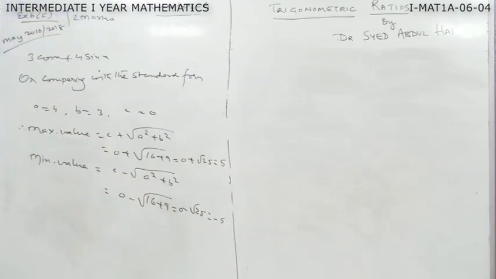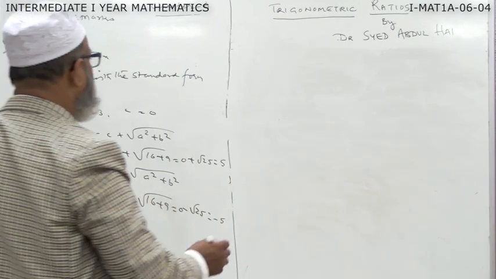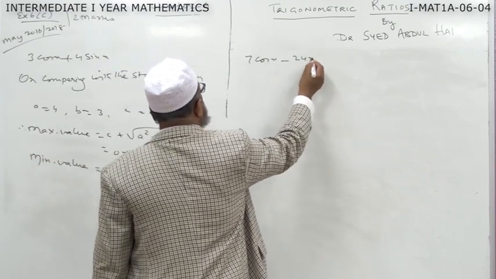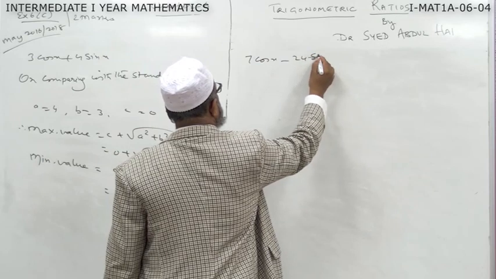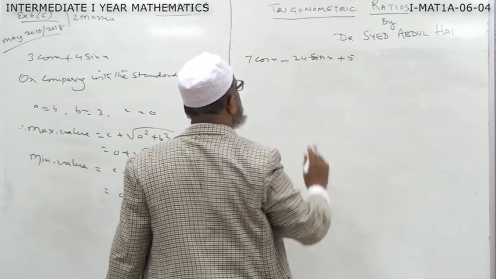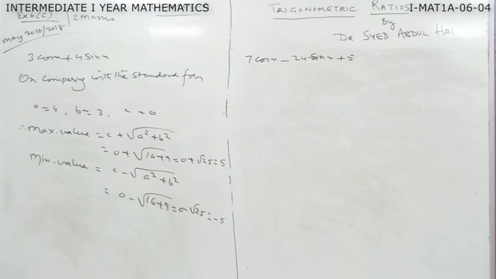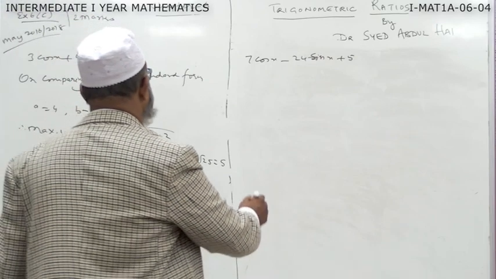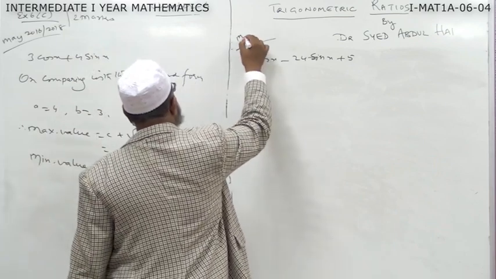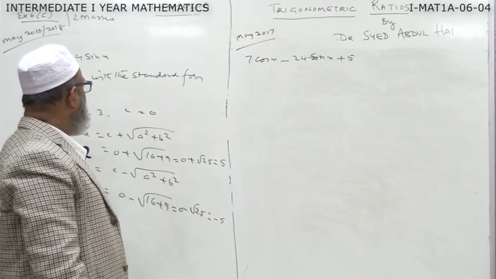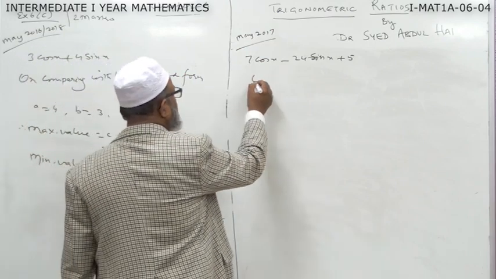7 cos x minus 24 sin x plus 5. Find the maximum and range of the function. This was asked in May 2017 examination. So, again, on comparing